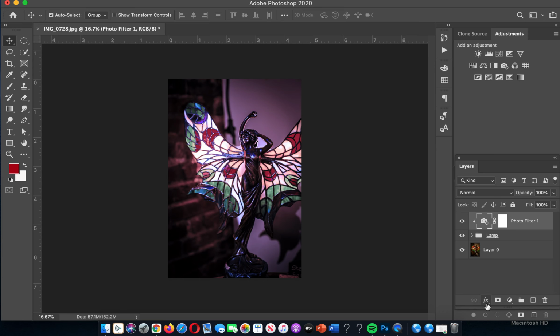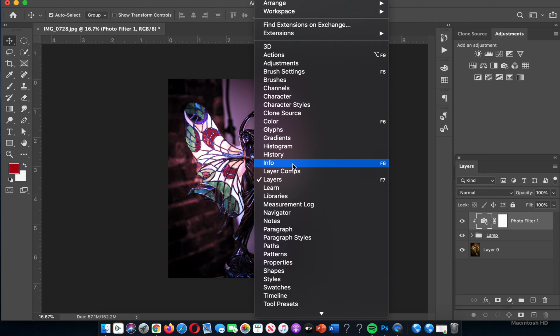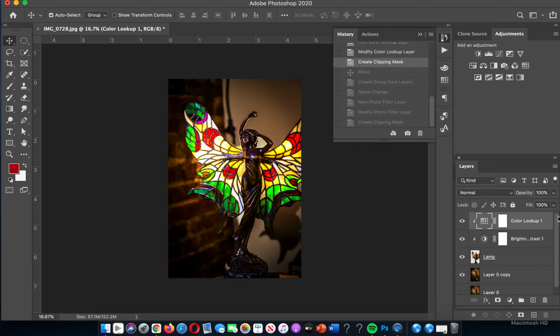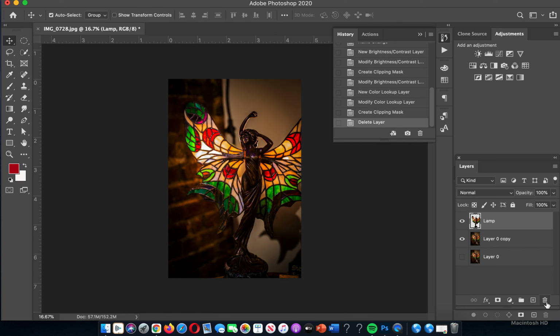Okay, and then we also have layer styles or layer effects. I'm going to go ahead and undo some of the things that I've just done. You can go up to the window history panel to do so if edit undo is not available. So window history, and just go back until before we make the group. Here we go. Okay, so I'm going to delete some of these things, drag them to the trash, the bottom of the layers panel, and then I have one more thing to explore down here at the bottom of the